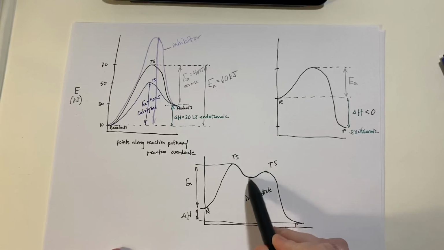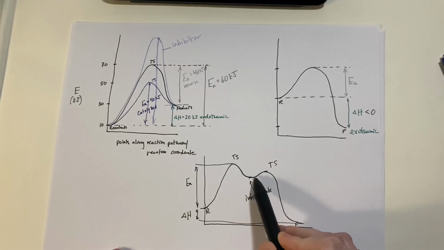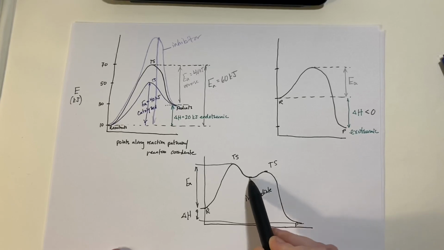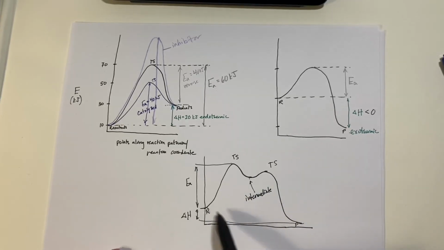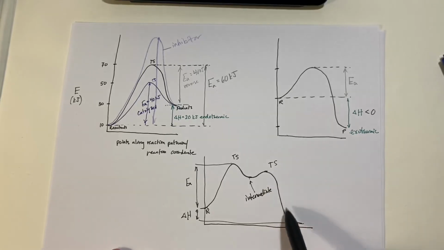So this is something that's stable. Maybe it exists, whereas a high energy transition state doesn't exist at all. It's like a pass-through state. This has a little bit of a lifetime, but it's very unstable. It's much higher in energy than reactants and products. And then this is just like a pass-through state, and then this is the final state. We'll learn more about intermediate states